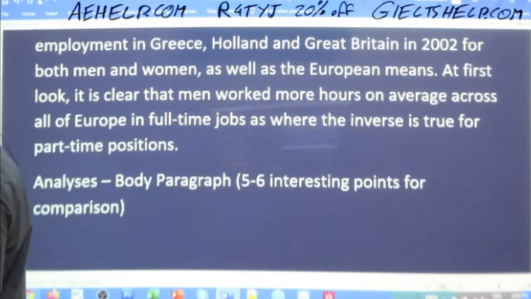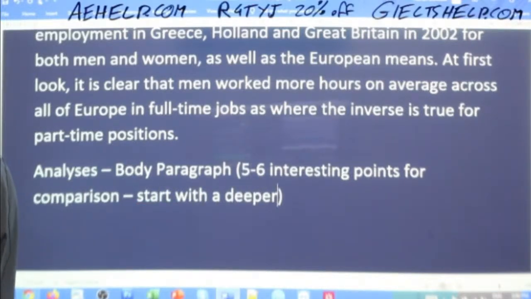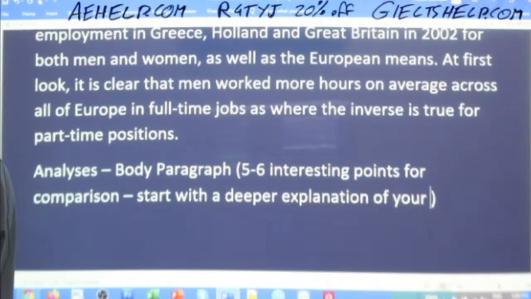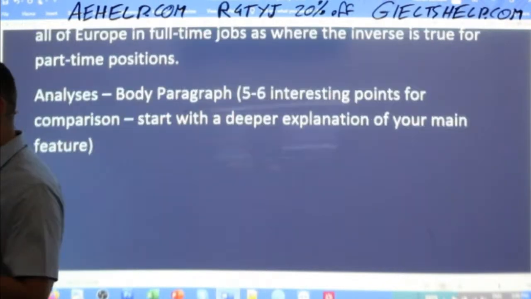Okay. And it's easy to start because what you want to do is you want to start with a deeper explanation of your main feature. And this is why it's so important to get that main feature correct so that you can start correctly